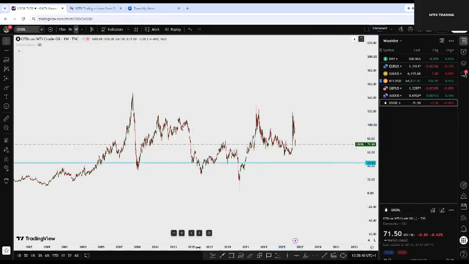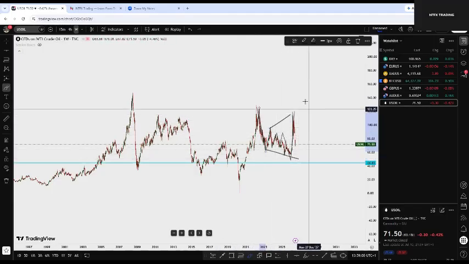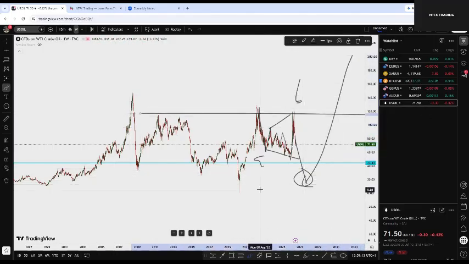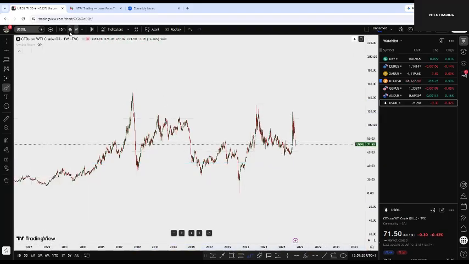Why do I choose this 75? You have impulse, you have A, B, and C. This is C of a correction. So you have A here, B here, C here, like this. So when you have it like this, you now make a move to the upside. Do you understand? So that is how I see US oil analysis. So on 4 hours time frame,